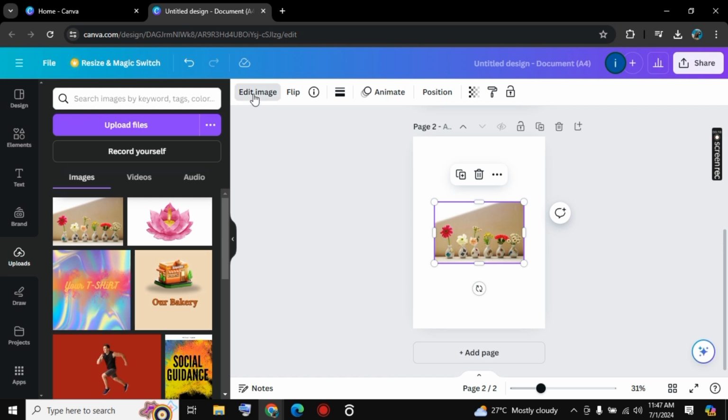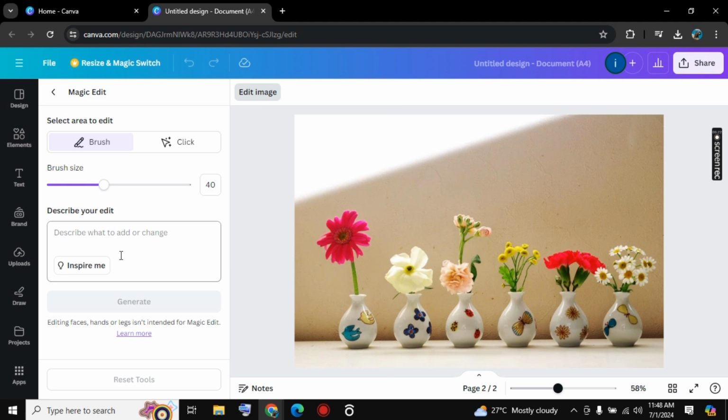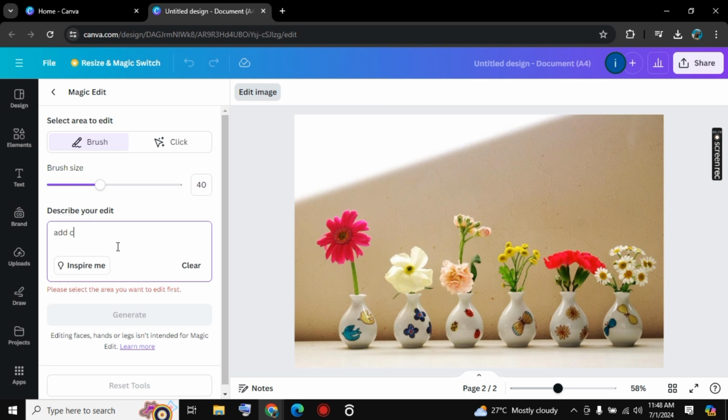Once you choose the image, then click on edit image and there we have this magic edit. Click on it. Now here you need to give command. So let's type add colorful flowers and abstract design on vases. Then you need to choose, if you want to choose a brush you can go with it,